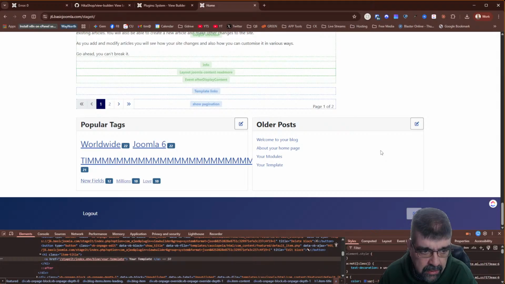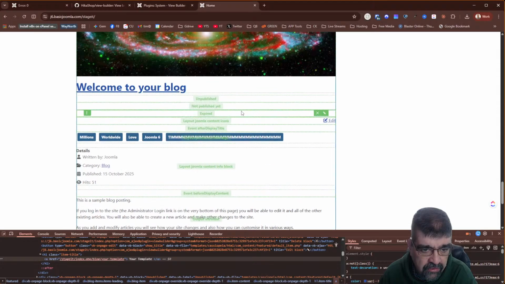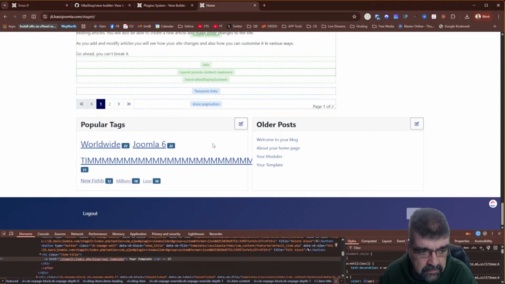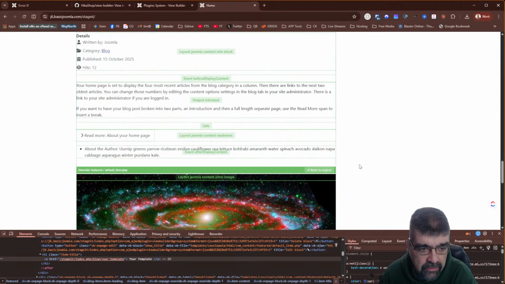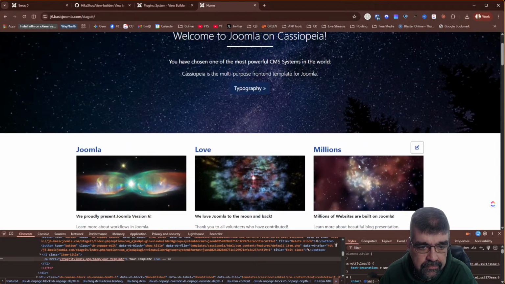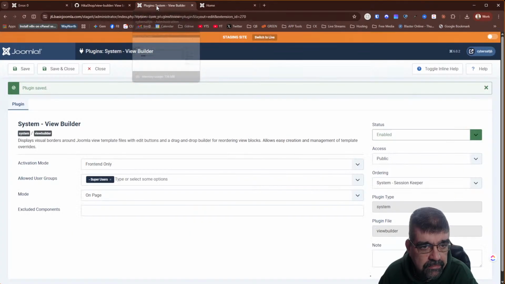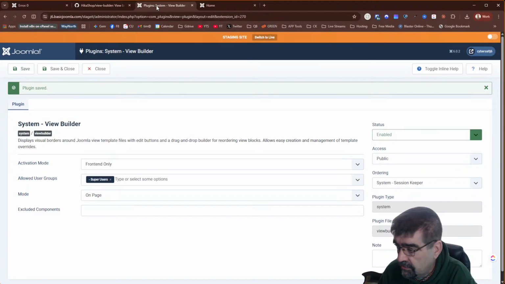Okay. Now, this is just the layout here. It's not doing anything for modules. That's fine. Now, let's install an extension. Actually, first of all,